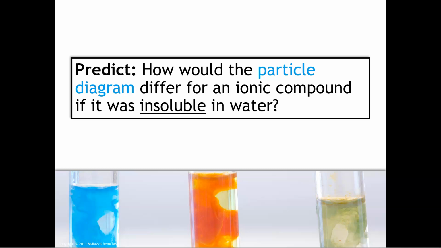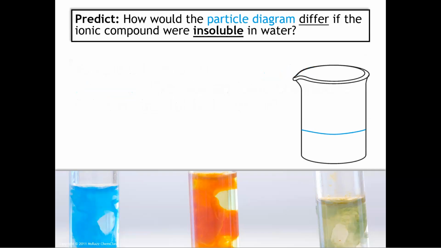Now here's the thing. Not all ionic compounds will dissolve so well in water. And if you went on to study other chemistry classes, you would learn as to why. But for our purposes right now, we want to talk about how you would depict, using a particle model, a substance that doesn't dissolve, or what we say is insoluble in water. So here's an example. How would the particle diagram differ if the ionic compound were insoluble? If I gave you something like copper 2 hydroxide, for example,